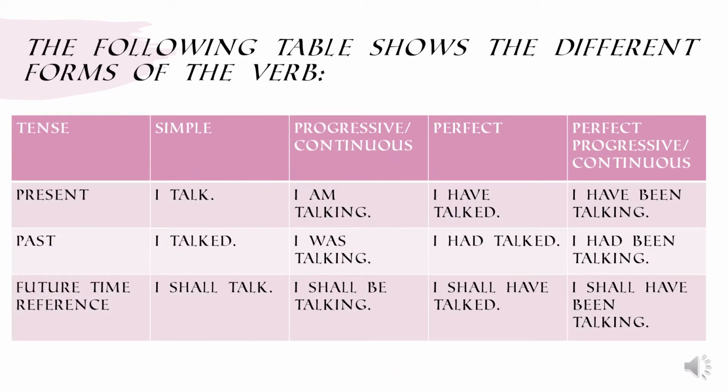So now you can see the following table shows the different forms of the verb. On one side is tense: present, past, future, and on the right side there are four types of subtenses. First one, simple or indefinite, second progressive or continuous, third perfect, and fourth perfect progressive or continuous subtenses. So you can easily see the different forms of the verb in these sentences. Okay,